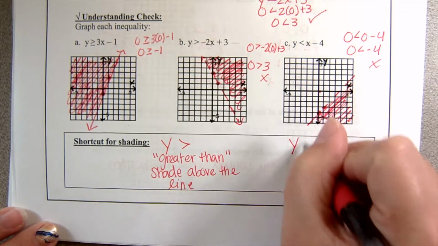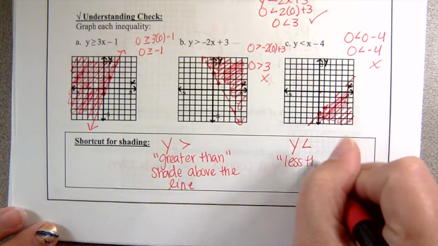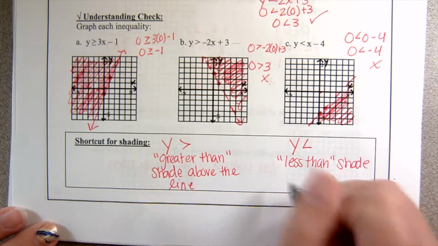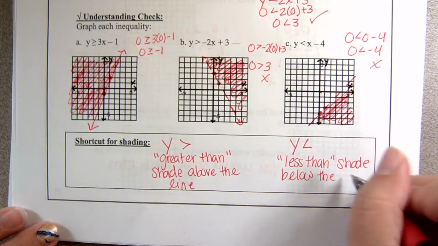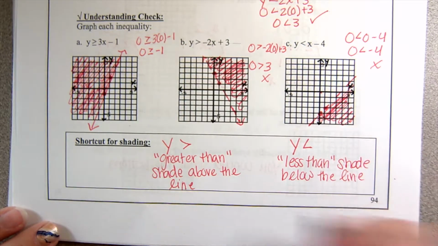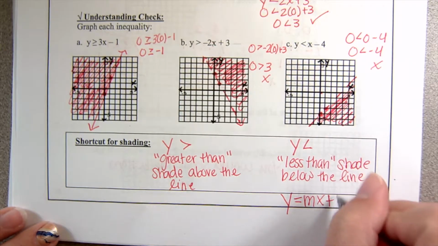And if y is less than, then you shade below the line. Does it work for equal to as well? Well, we don't shade when, yeah, like less than or equal to? Yeah. And this only works when it's in y equals mx plus b form, slope-intercept form, is the only time